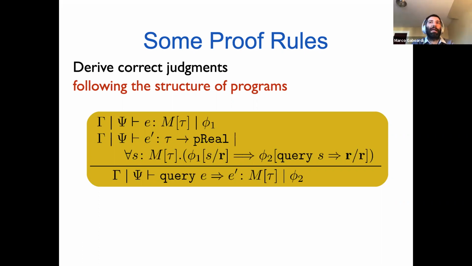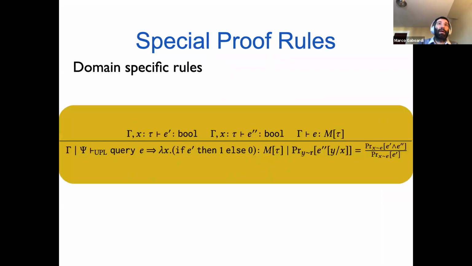Mainly we require the query to be well behaved, and we just take the semantics of the query to reason about itself. So in some sense, this rule is what one would expect, but it is not very useful in general because it's too general. So what we also did was to identify some domain-specific rules, where, for instance,